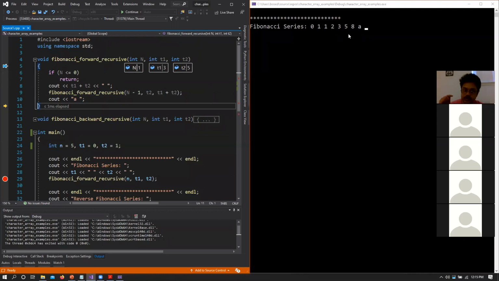Now it has come to the end of this function. Now it can return in general, because it has done calling this function recursively. That recursive call has reached its endpoint, and now it is just coming back level by level.